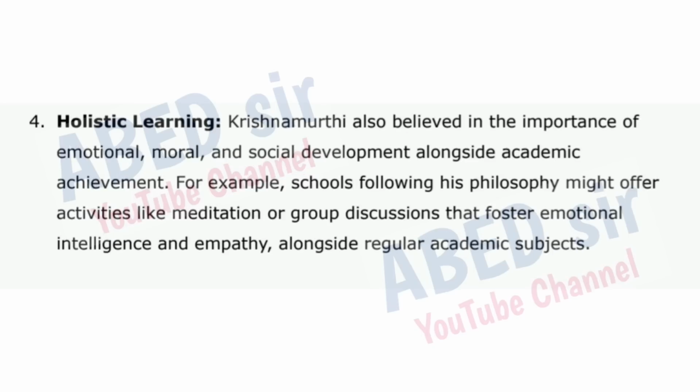Holistic learning. Krishnamurti also believed in the importance of emotional, moral, and social development alongside academic achievement. For example, schools following his philosophy might offer activities like meditation or group discussions that foster emotional intelligence and empathy